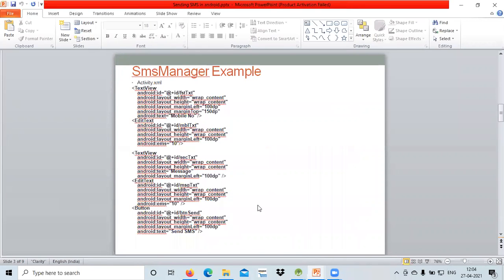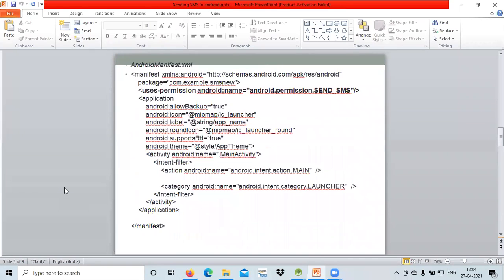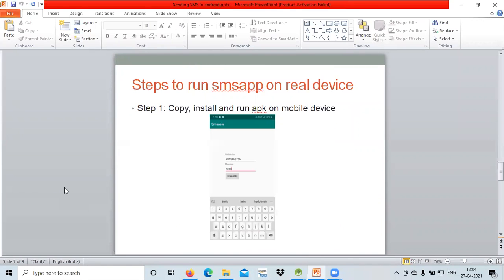Now I will directly come to the application part of this pending intent. Before that, I just want to show you one thing. Okay students, just wait for a while.